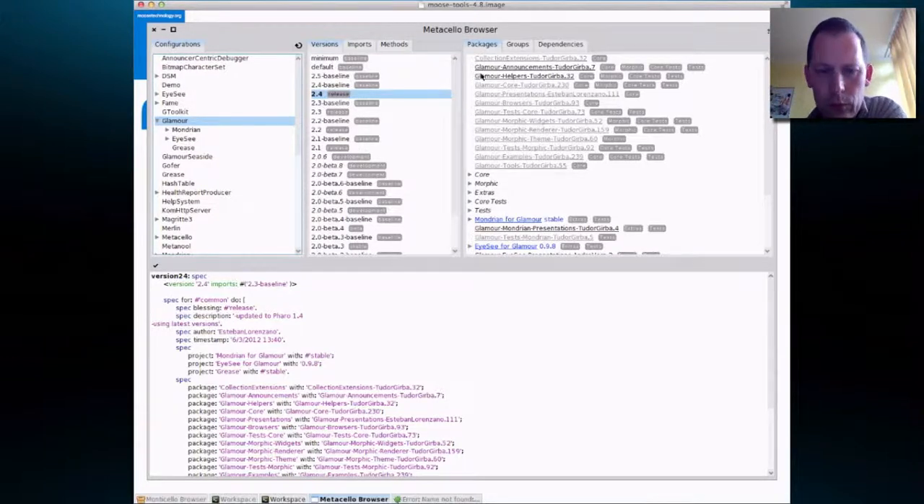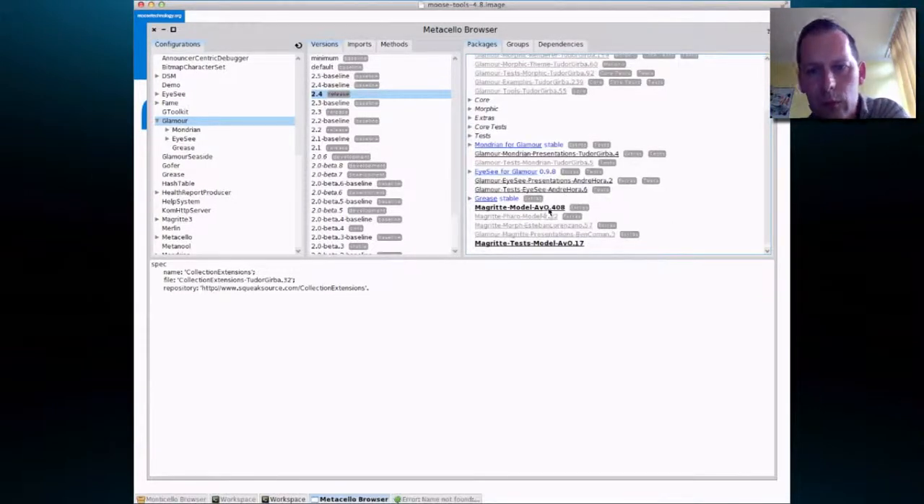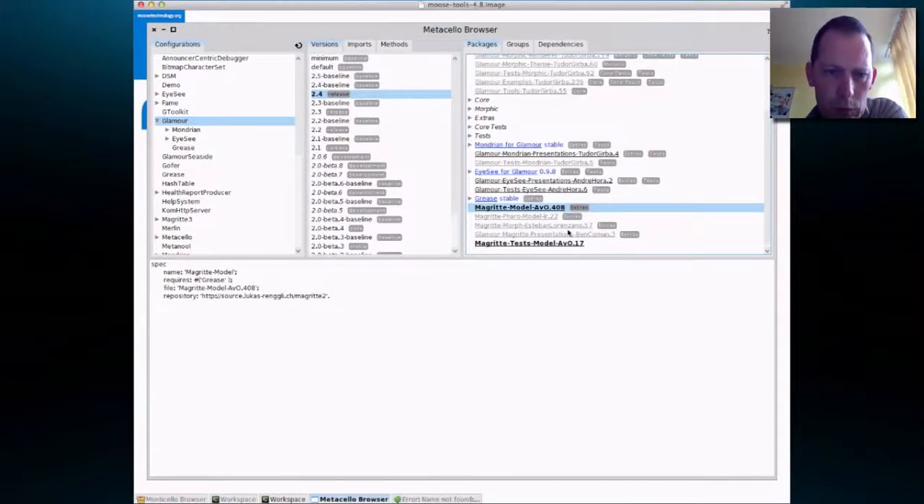And the coloring, I try to maintain the Metacello standards. So underlined means that it is actually present in this version, in this image. When it's grayed out, it means that I have a newer version than is actually marked here. And when it is bold, it means that in the configuration there is a newer version, so I should probably